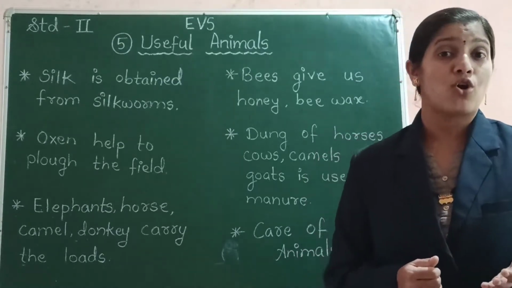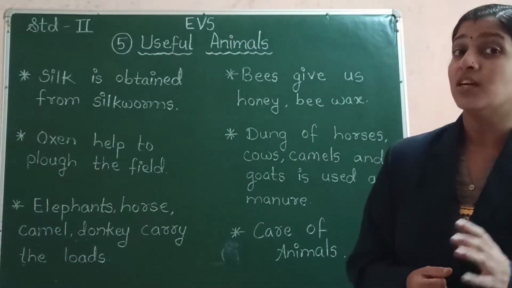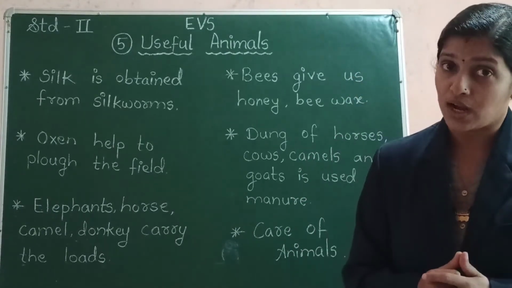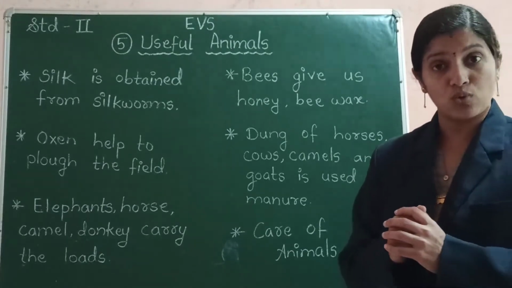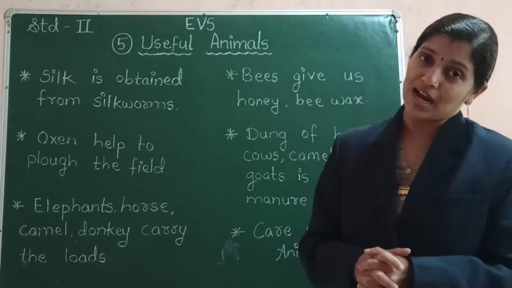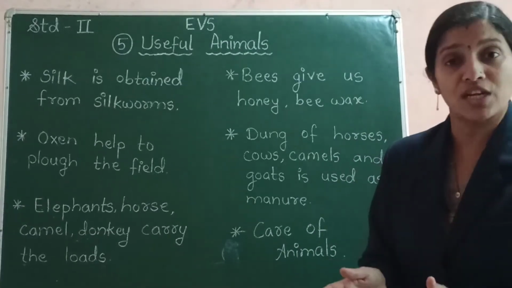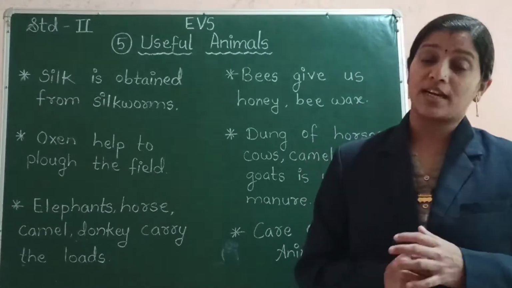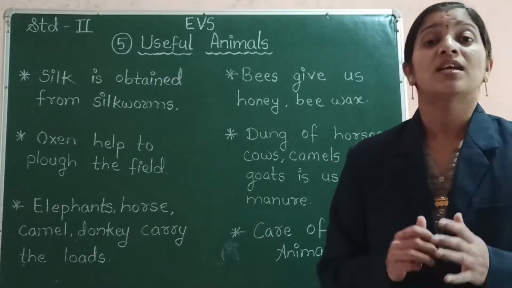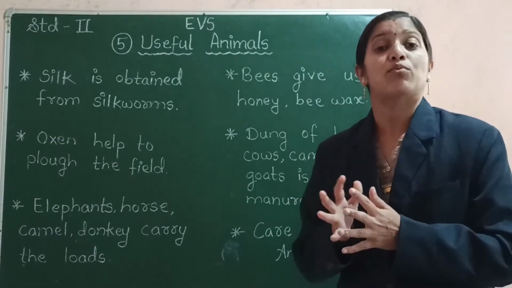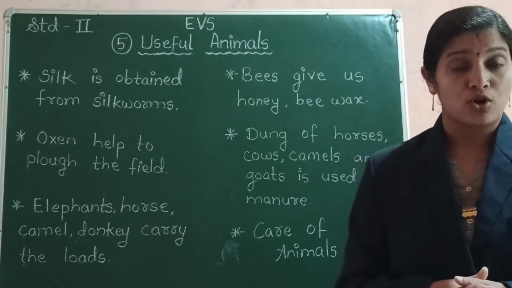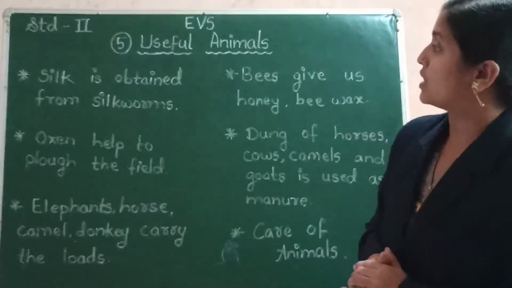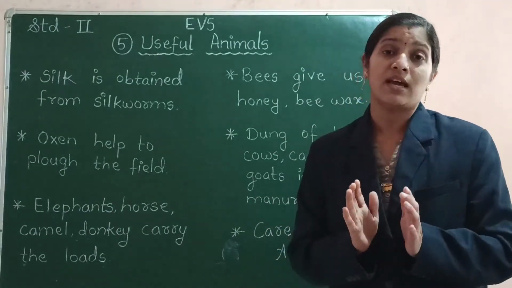So also, the dogs, they guard our house, isn't it? The dogs, they don't allow any stranger or any thieves to get into our house. If any stranger enters into our house, they start barking loudly and they make us aware that some stranger has got into the house. Also, you might have seen that the police forces, they have some special type of dogs. They look after these dogs because these dogs help them to catch the thieves. So, this was about the uses of the animals.